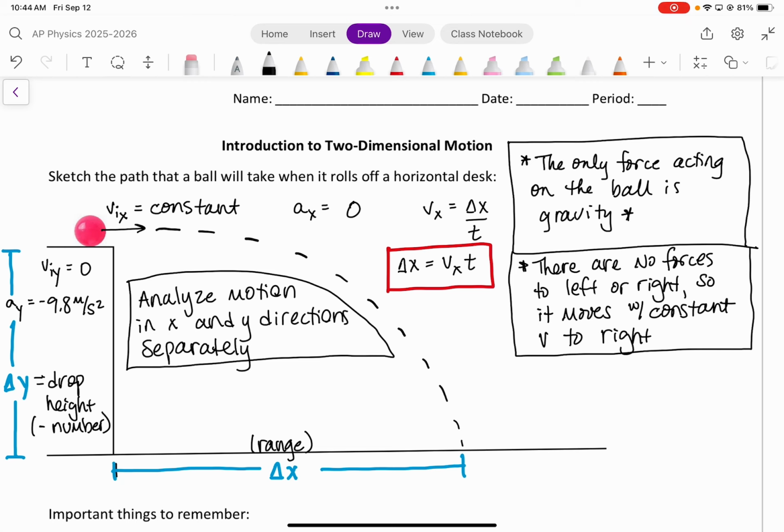But most often, you will not have the time. You'll need to calculate the time. And so we will typically know delta y. We will know the acceleration in the y direction, and we will know the initial velocity in the y direction. So we need to calculate time. So we're actually going to use a familiar kinematic equation. We're going to use delta y equals VI y times t plus